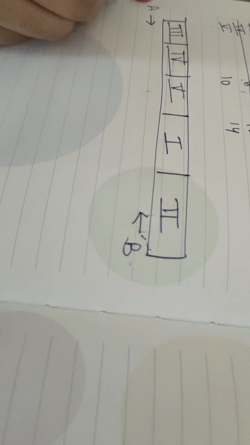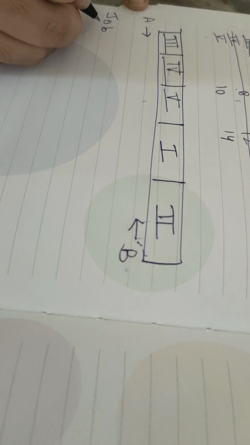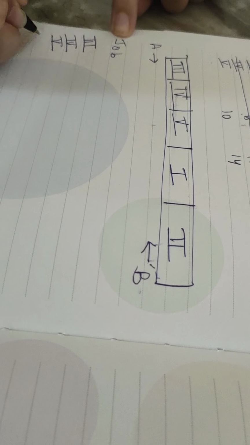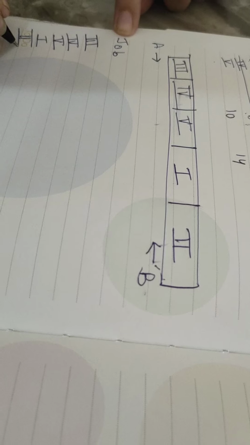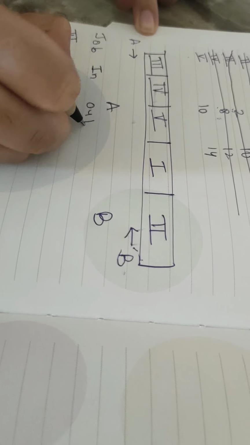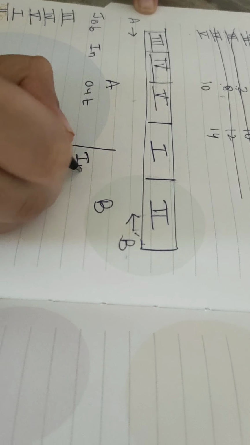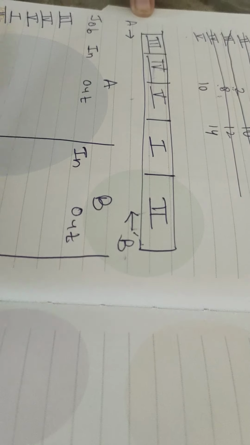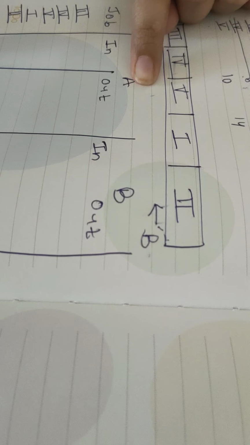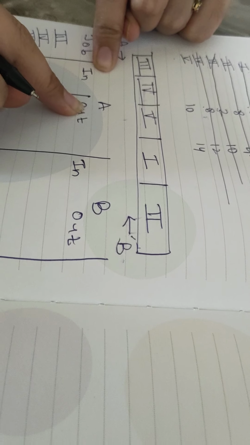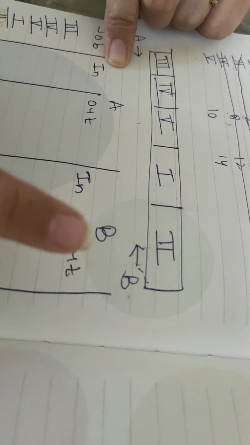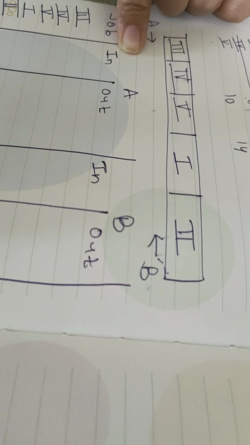Now we have to write the same sequence here. Job, first it will be third, then fourth, fifth, first and second. And we have 2 machines A and B. So we have in, out, in, out. This means this third job, when it is going in machine A, what is the in time, what is the out time? When the same job is done in next machine, what is the in time, what is the out time? These things we need to calculate.